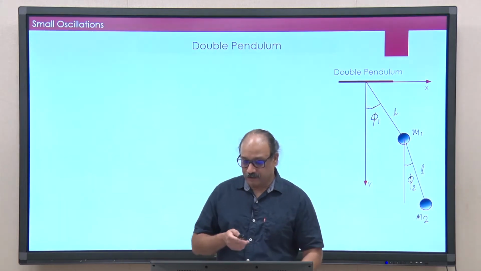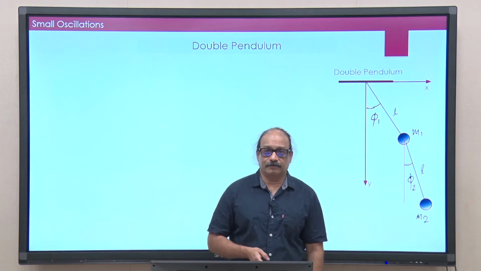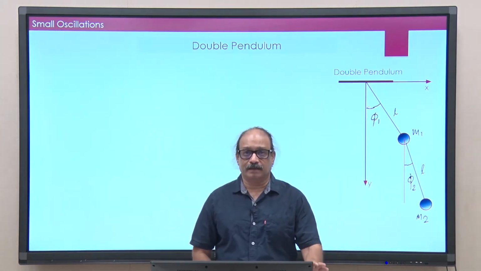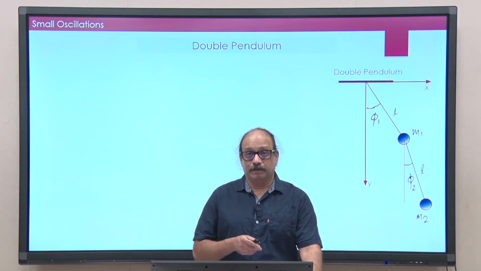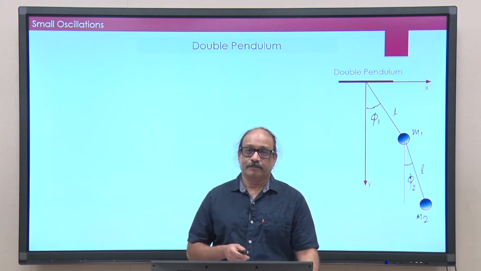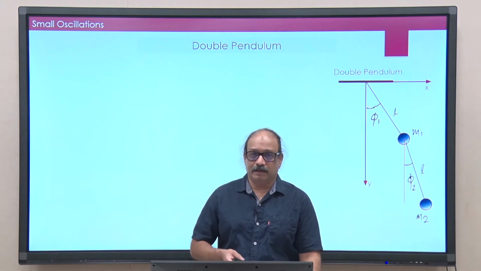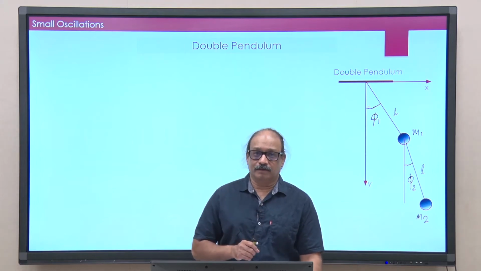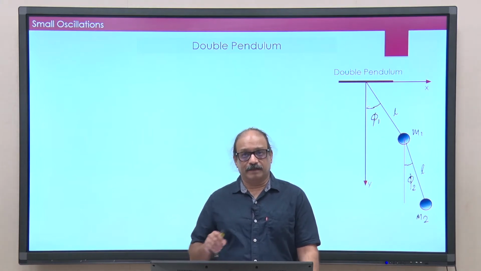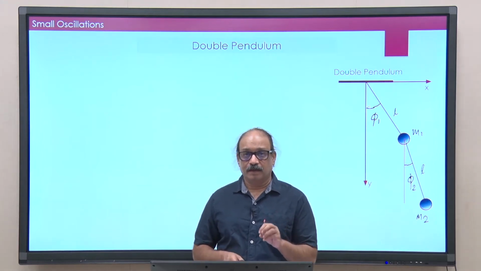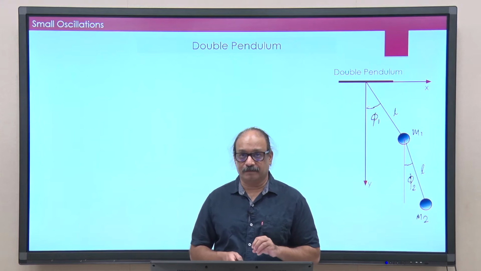Now, the example that I am going to take today is that of a double pendulum. Double pendulum of course is a very interesting example. It is probably more known for many other applications that it actually has, and also in theory of chaos this can be a very good example, but we are not going to look at those very fascinating aspects of the double pendulum. We want to look at only one small aspect of it, which is basically small oscillation.